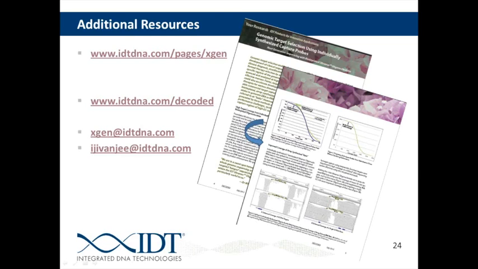So how does using the xGen lockdown probes affect quantification of gene expression if you're doing an exome capture? I think that's an important question to ask, and it's something that is very important to consider when you're doing enrichment. Anytime you do an enrichment, the process of enriching is going to introduce some bias into the sample that you have. There's always the chance that you will not be enriching for all sequences equally, and so that can affect